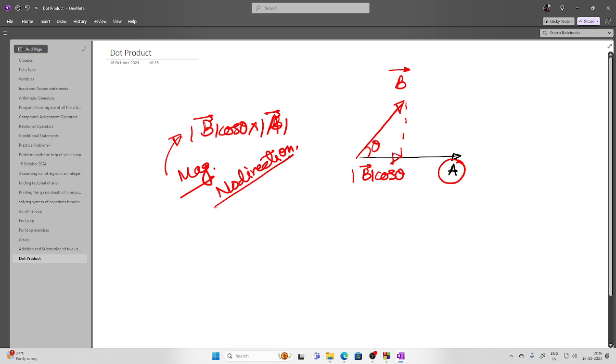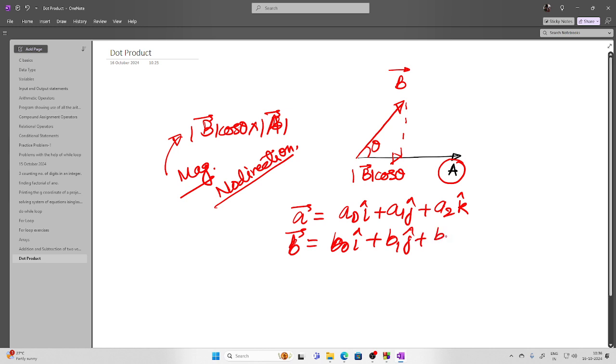Now all you know is that we can write a vector in terms of its components. That is a0 i plus a1 j plus a2 k. Likewise, we can write the components of vector B as b0 i plus b1 j plus b2 k. So in the component form, the dot product is normally written as